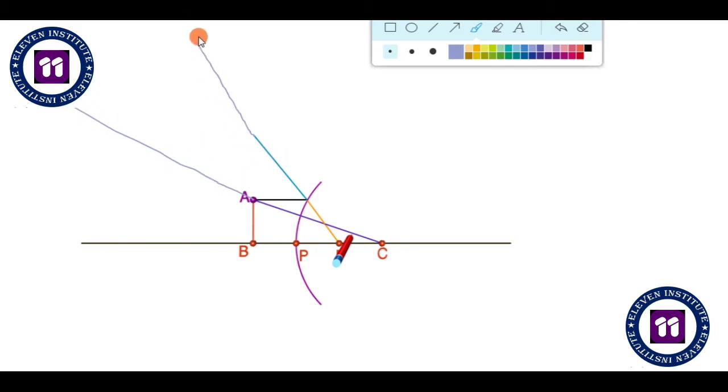So what we do is, we extend them on the other side. See, we have already extended this ray with the help of this yellow or orange ray on the right side of the mirror, and we have extended this ray also from here to here on the other side of the mirror. I hope this is clear to you. So you can see both of them intersect over here. They were not intersecting on their own, we have forced them to intersect over here, so we get a virtual and erect image over here like this, right?